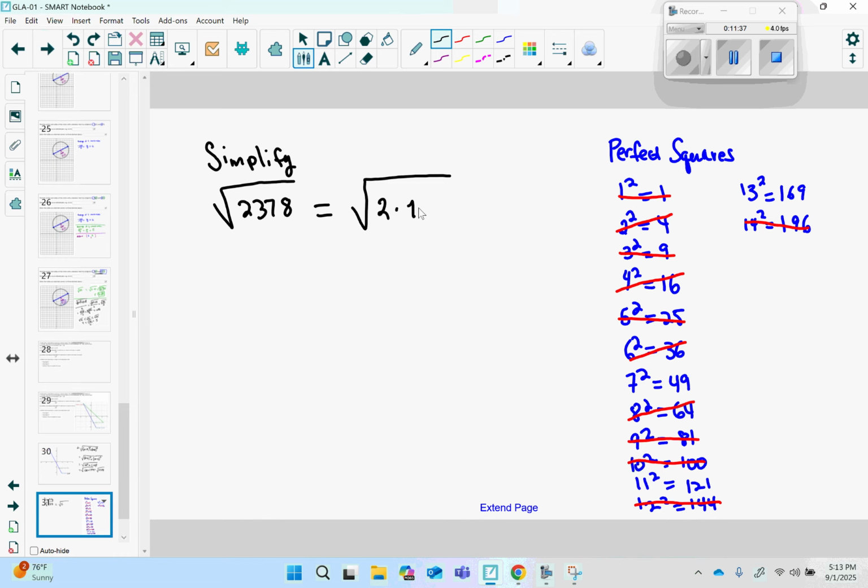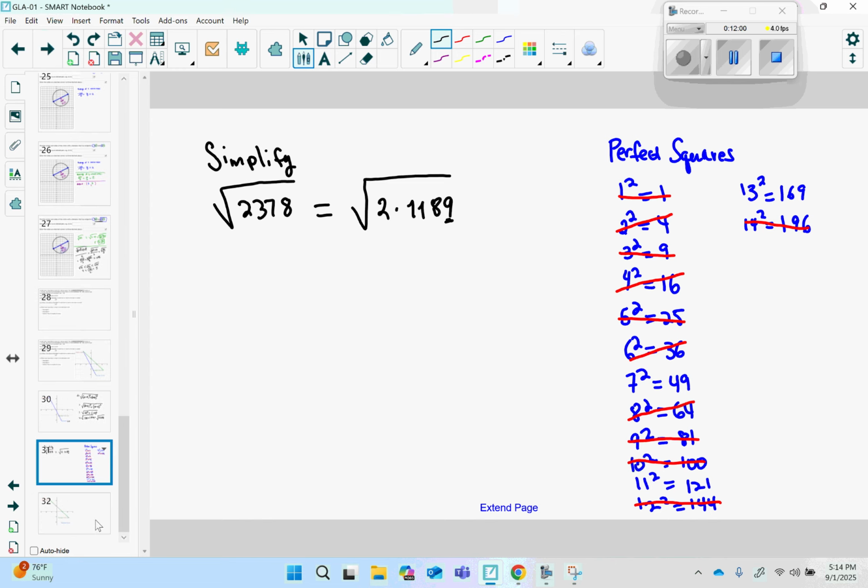1,189, right? And then I thought, oh, maybe 3. No, 3 didn't go in. So you could keep messing with it. At this point, I just said, I think that's fine. And I put it in just like this, the square root of 2,378, and it received my answer just fine. So moving on to the next piece, we're going to go here